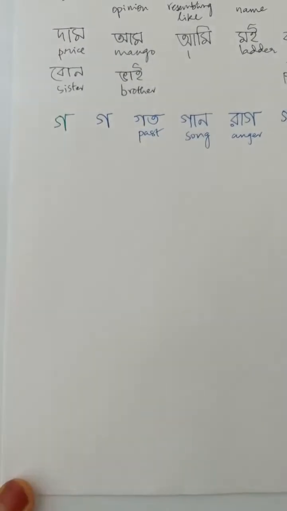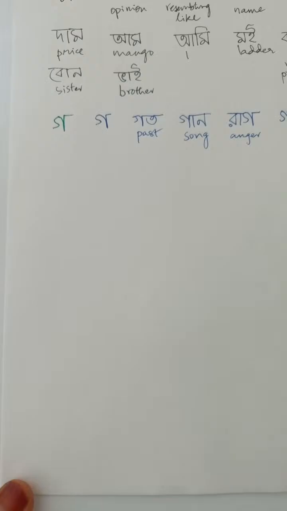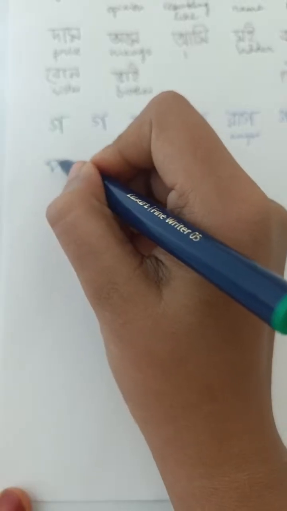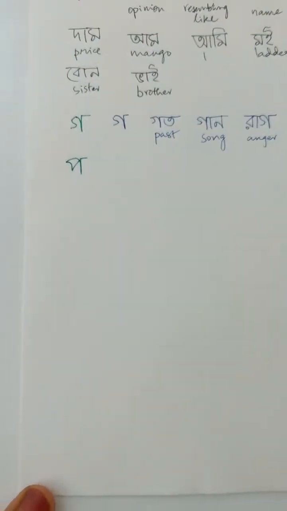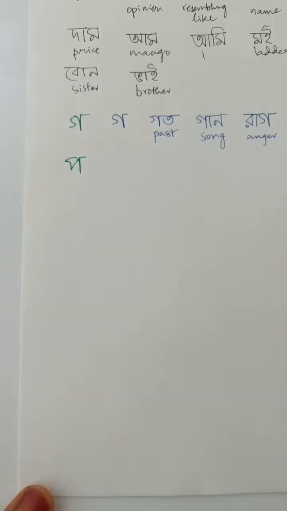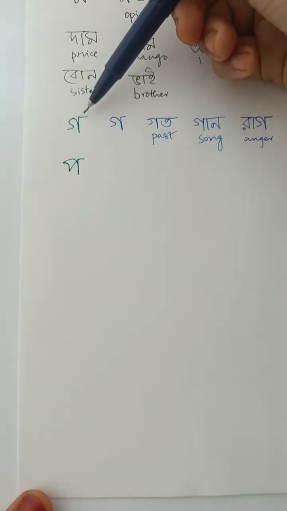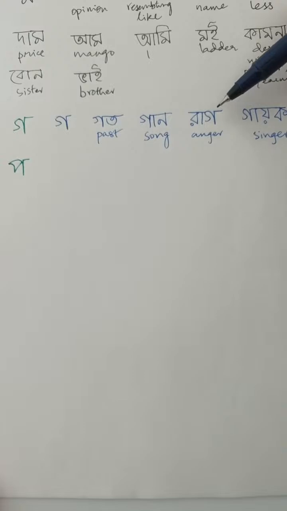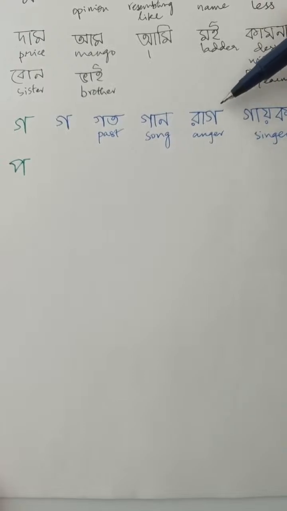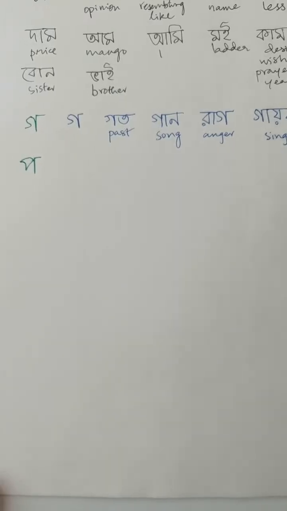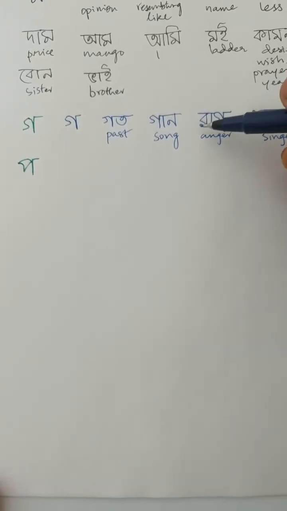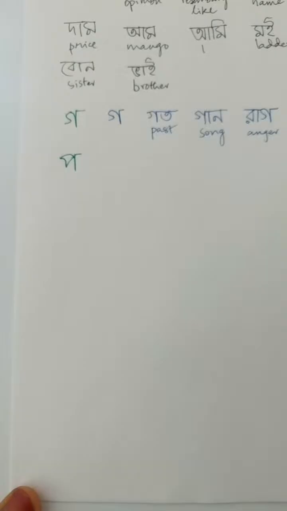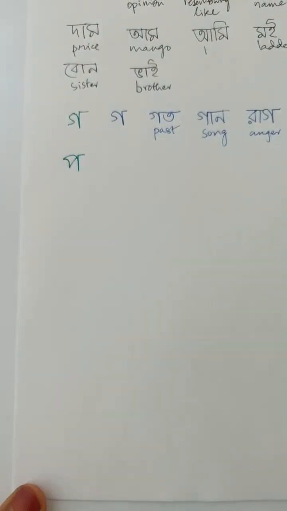So this letter was Ga. Another Banjan Borno. Pa. Also does not have a matra. Both Ga and Pa has a little bit of a matra as an extension in the end. So for words that end with Ga, like this one, you can extend it slightly, the matra, to end the word. Otherwise, it does not have a matra. So only Ra here has the matra on top. Ga does not. So nowhere will you see Ga having a matra. Same with Pa. All right.